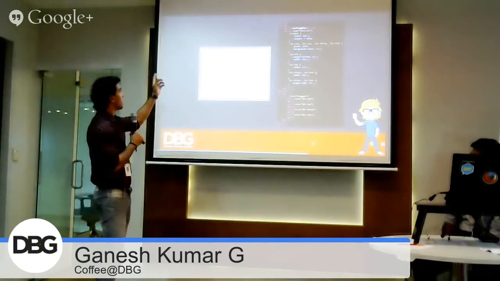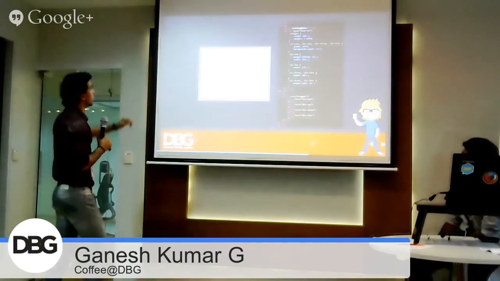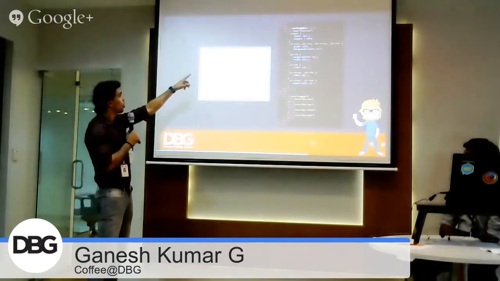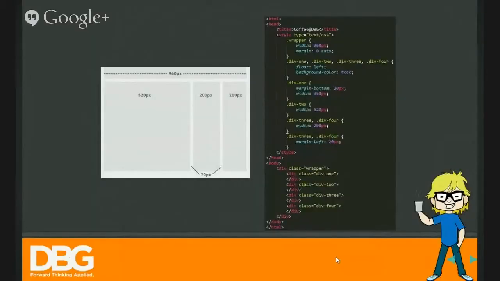This is an example of fixed layout. The top div has 960 pixels width, and then the inner divs have 520 pixels, 200 pixels, 200 pixels, and these gutter sizes are 20 pixels. Gutter size means the space between each grid.